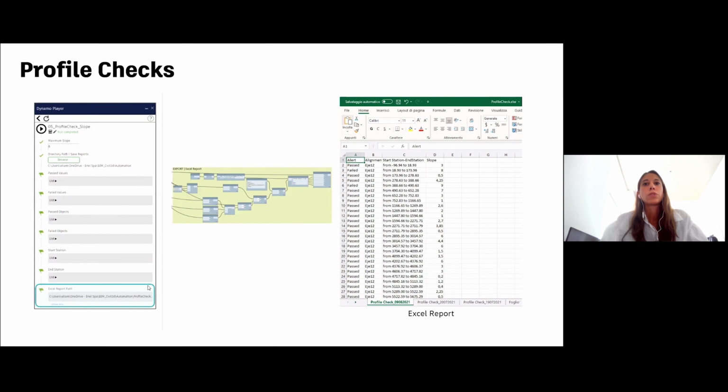The custom report contains, for each alignment, the stations in which the vertical slope failed or passed the control, with the design value in the last column. Again, because of the overwriting, the report will append after each run a new sheet containing the check data, and thus we can track the history of these values during the entire life cycle of the project.